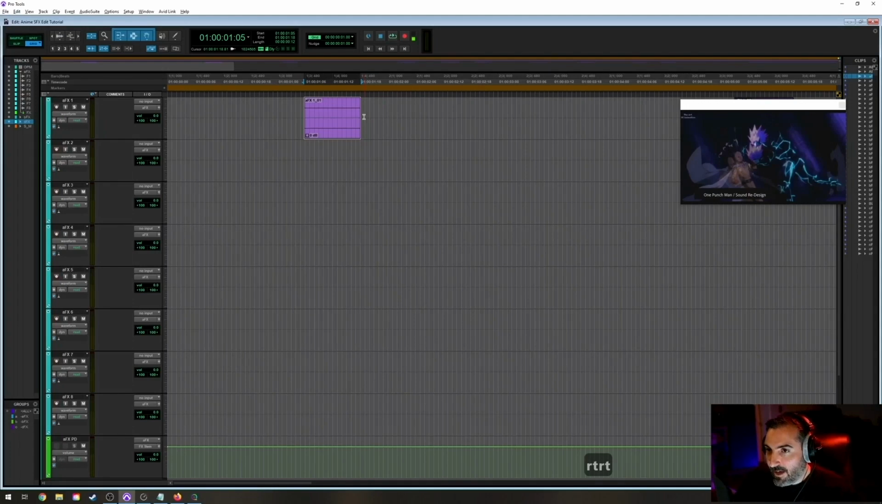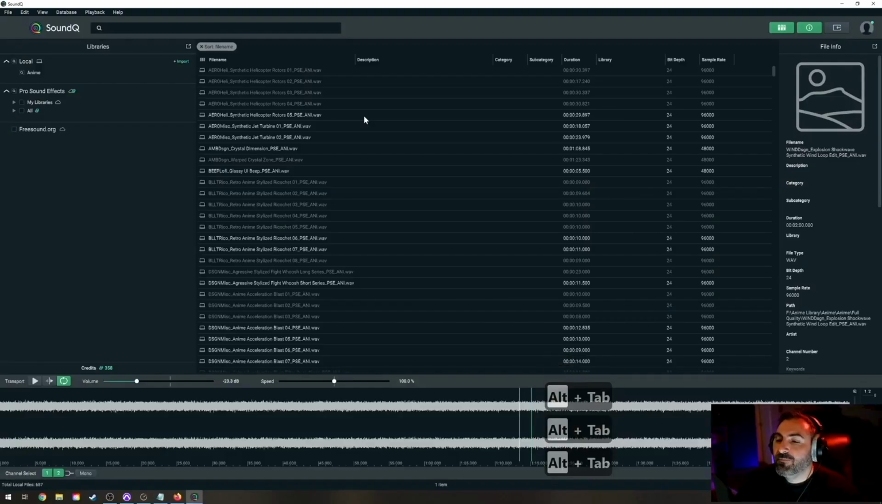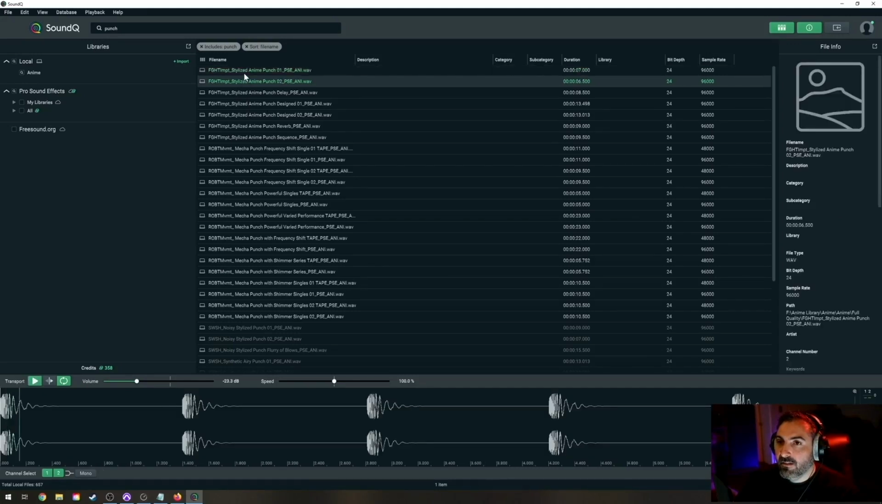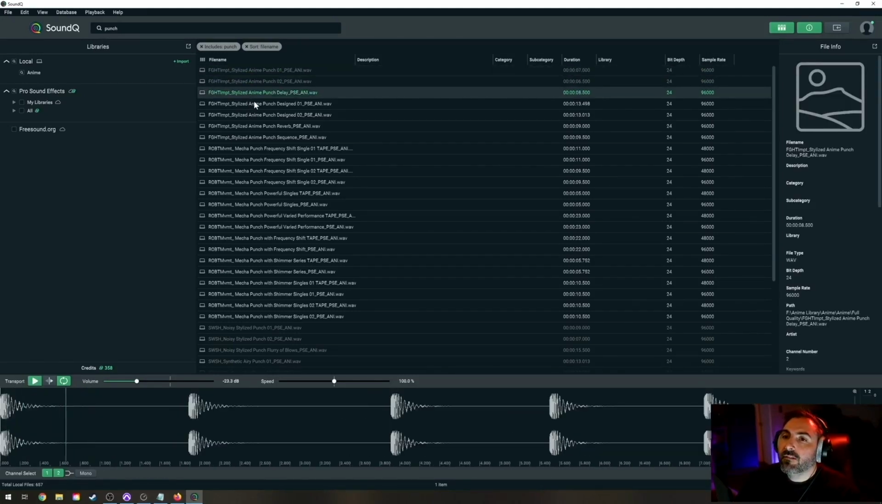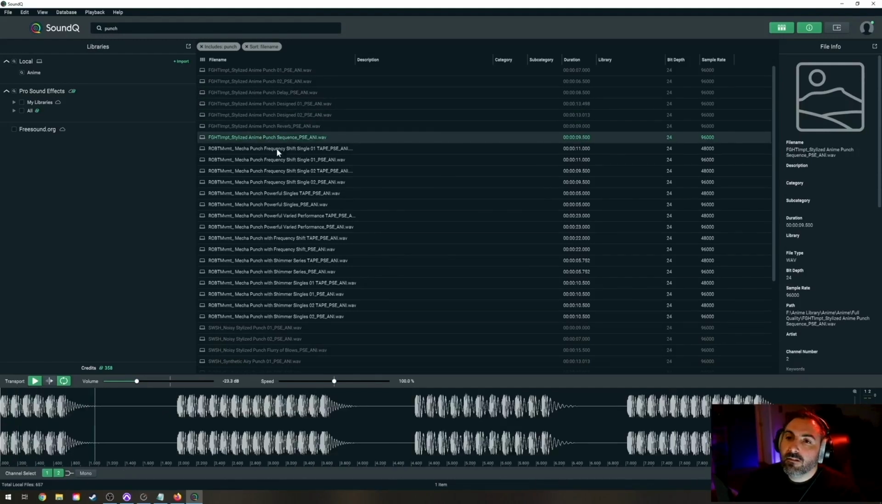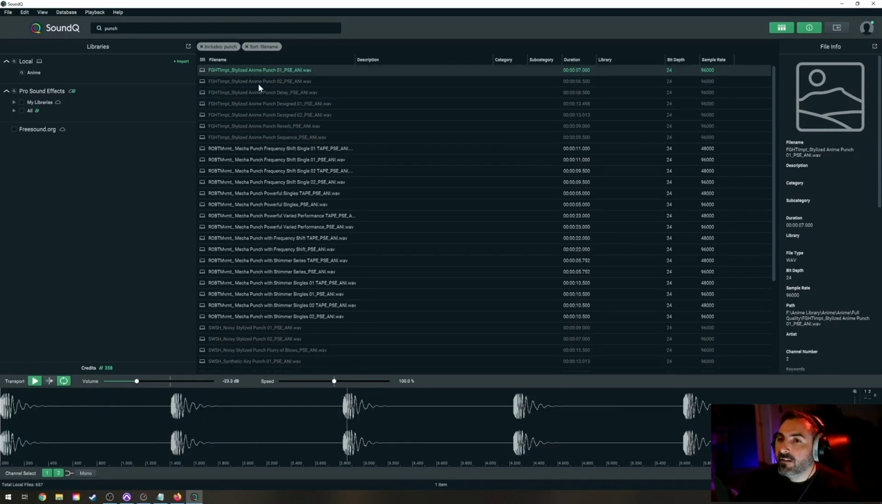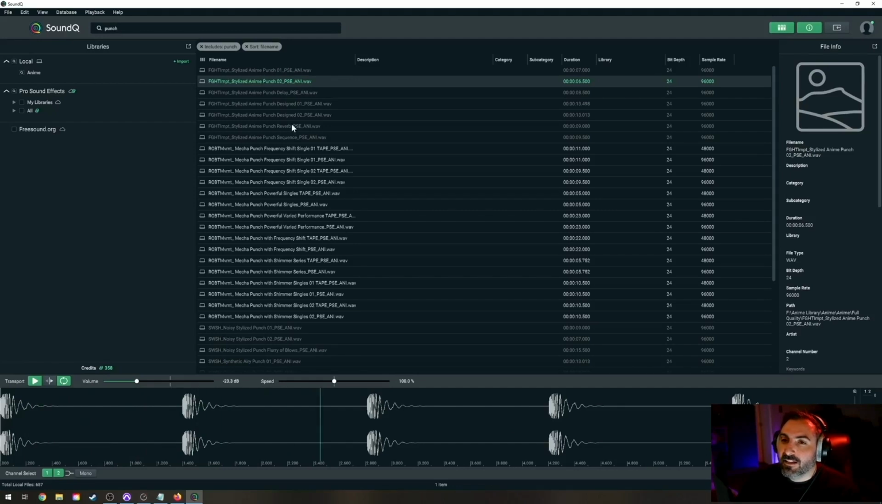All right, so I'm gonna Alt Tab over to SoundQ. Let's look for a punch. So I'm just searching up punch here. Fight impact is a category that comes up, and I think this is where we're going to want to be. Okay, we got a sequence, and I think I like one of these basic ones. I call this an Indiana Jones punch. It's just the big stupid cartoon punch. Yeah, sure, let's just grab one of these, and